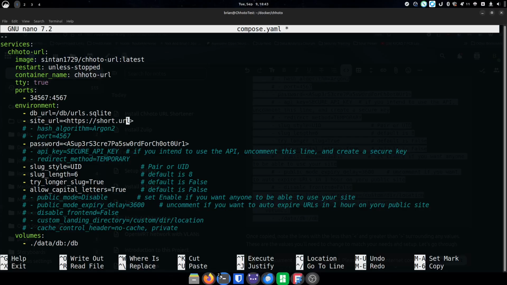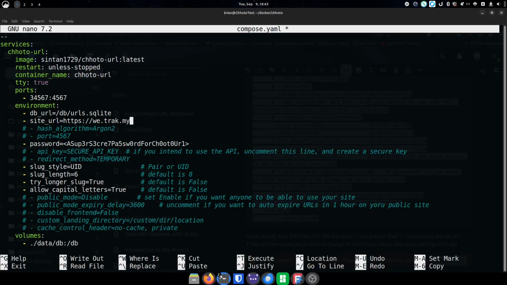Our site name right here. So we need to get rid of this again, and we need to fill in the right site URL that we're going to use. So I own the domain track.my. I have it pointed to my reverse proxy server, and then I will use my reverse proxy server to create the domain I'm about to type in right here. So before I used u.track.my. So this time let's do we.track.my. Okay, and we're going to put an HTTPS in front of that, //